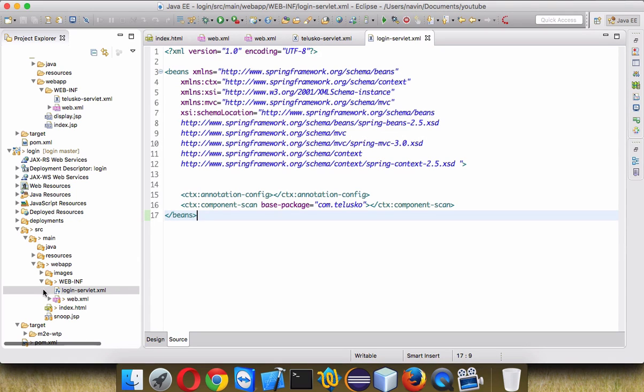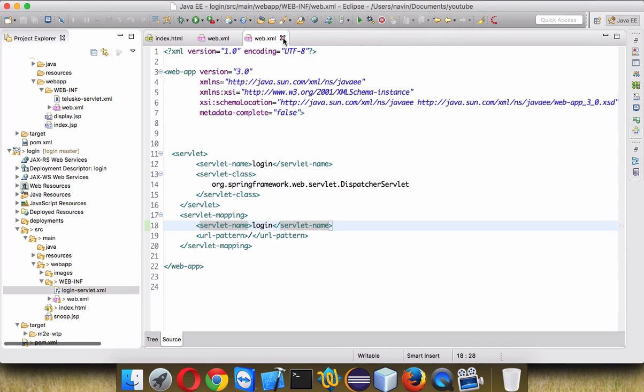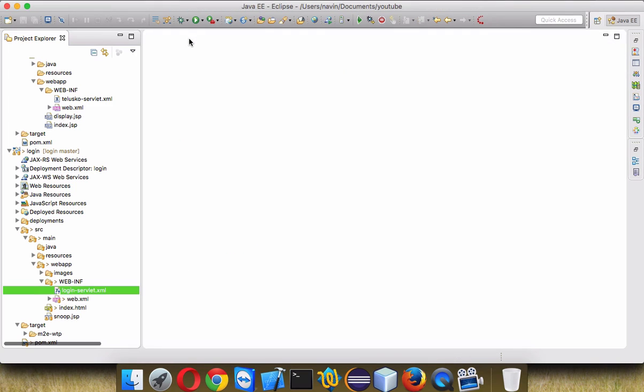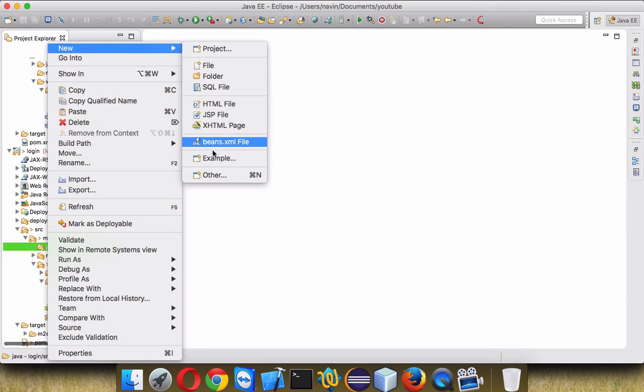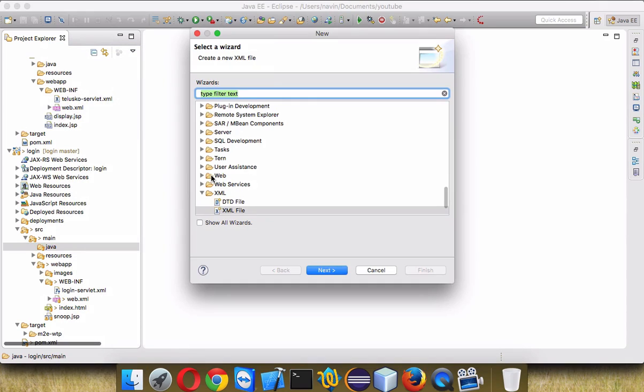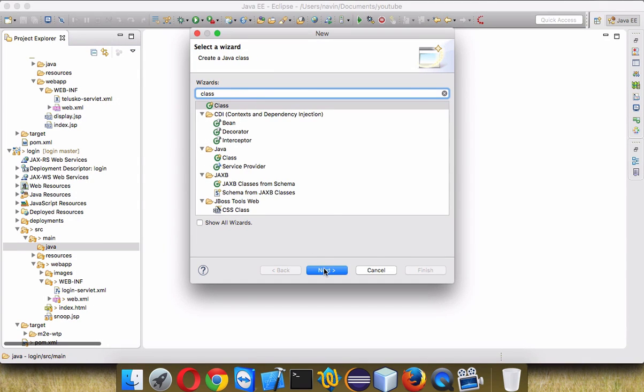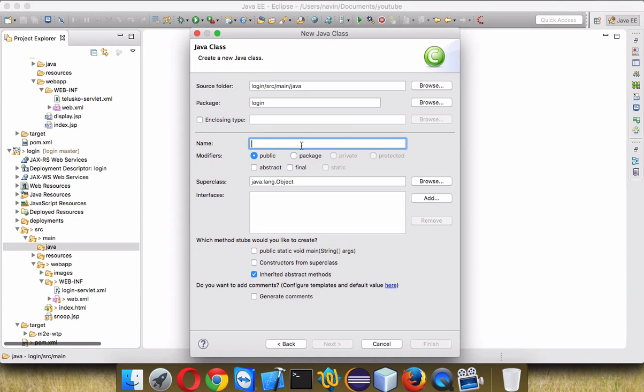So how to create a controller here? Let me close all these extra things. Now, how to create a controller? In this src, which is in Java, right click and say new Java class. It's not there, so we'll say other Java class, click on next. Now you have to enter a class here. We'll say this is LoginController, and we'll provide a package which is